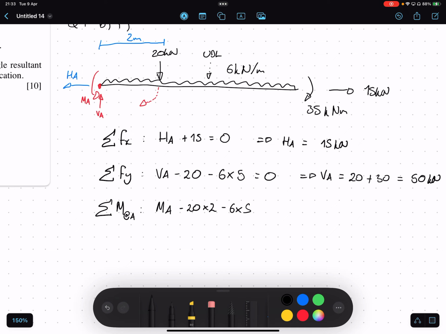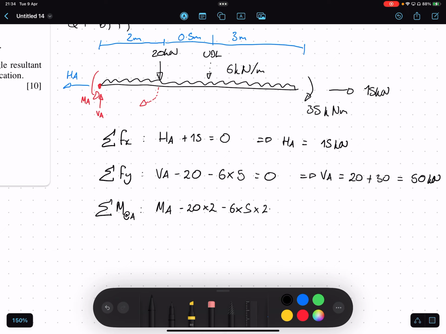And we assume that this acts, if we replace this UDL with a force in the middle, halfway along the beam. So given that we have a 5 meter span, our UDL is going to sit at 2.5 meters. So that means that we are going to have to multiply our 6 times 5, our 30 kilonewton force, by